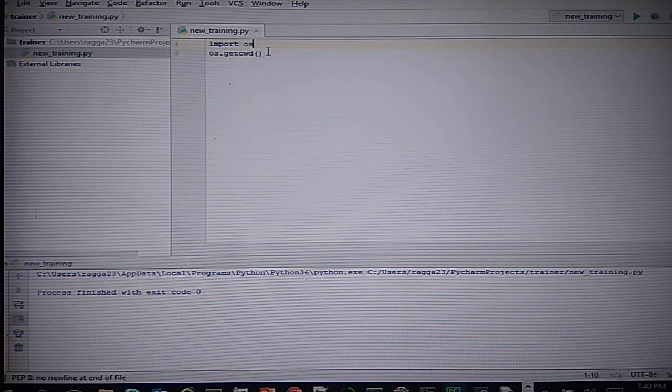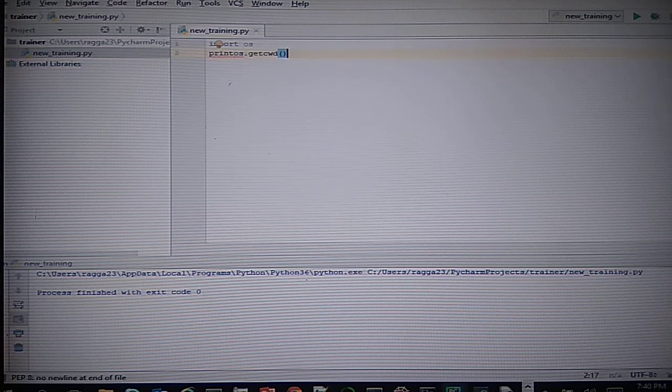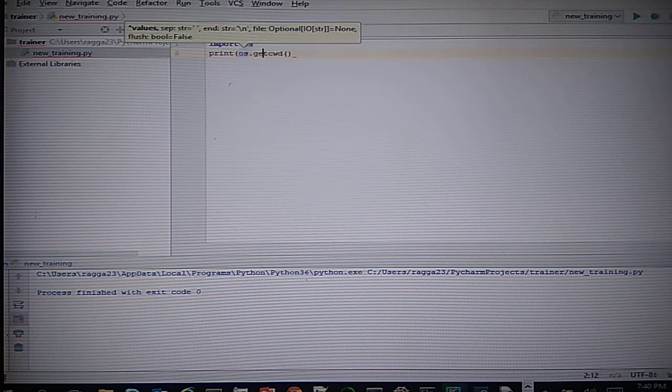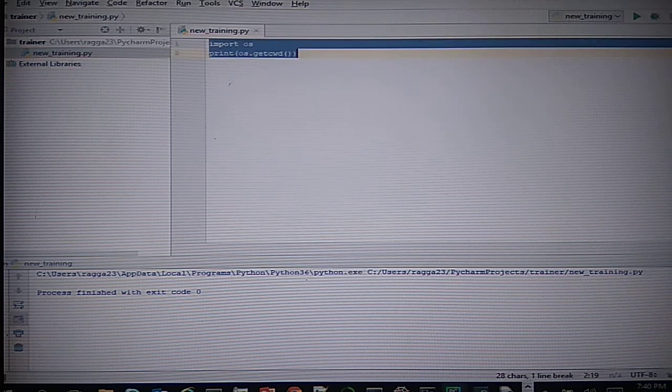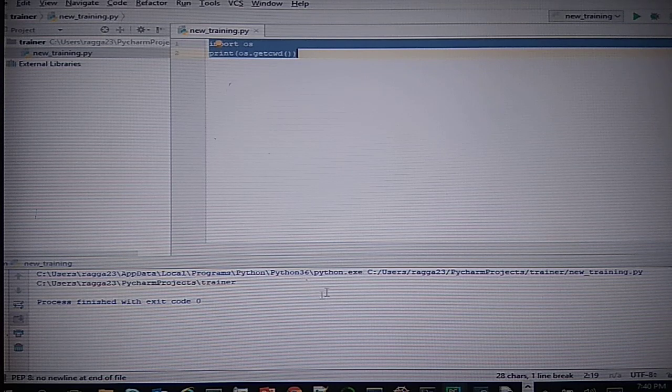Now if I want to see the output, I need to print it. So see, you get the full path of the current working directory. If you want, you can change it. Similarly, I can use pandas, numpy and all the similar packages available for my machine learning and big data development.